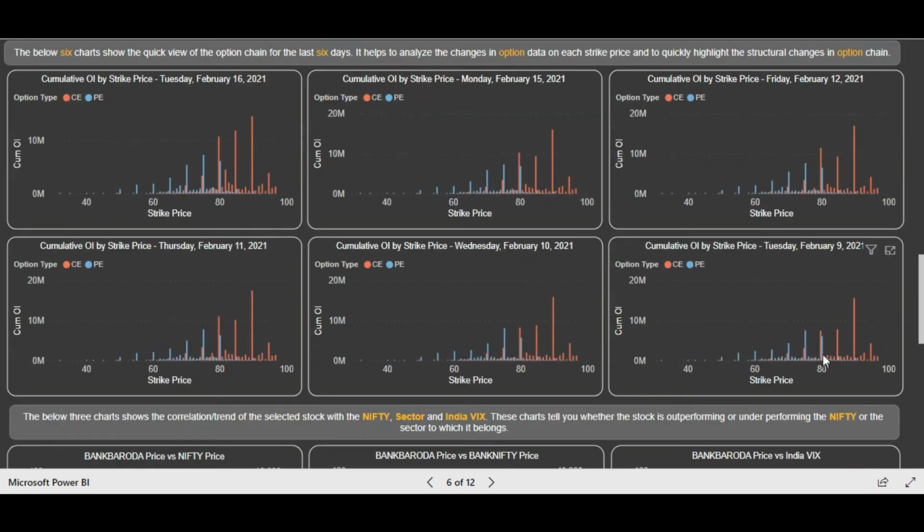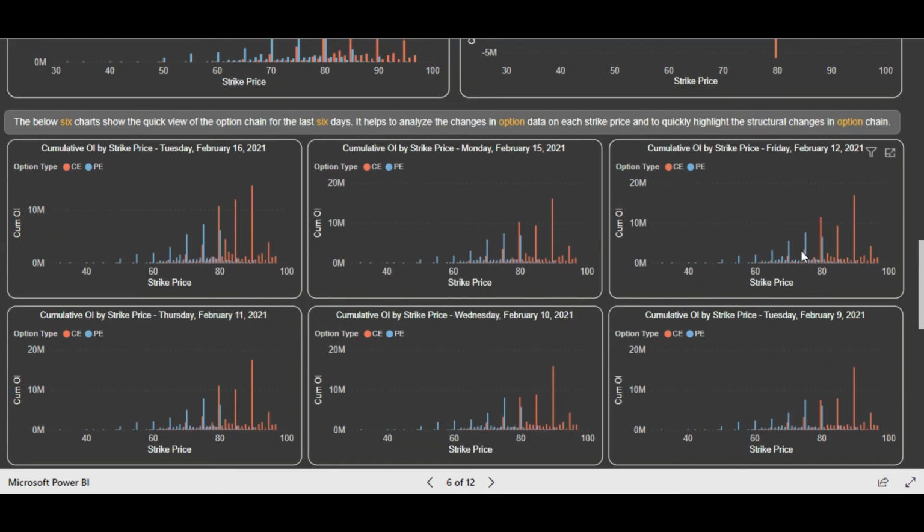Okay, so friends, you see that at 80 from starting, there was put writing and call writing at equal levels. So you see not much major difference between them. Then what happened, again you see the same view, slight call writing increased and put writing increased at 75 levels. Then the call writing increased at 80 level. Again some call writing increased, then it was flattish. We had few flattish days, I mean there isn't much change between this and this day.